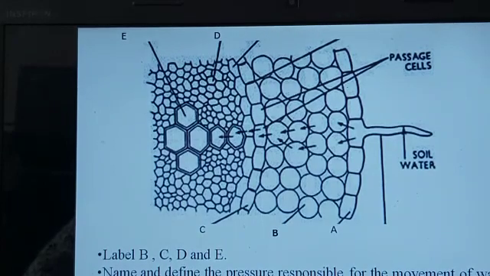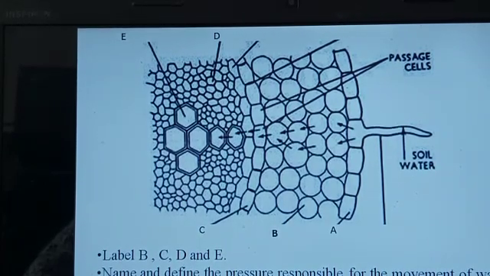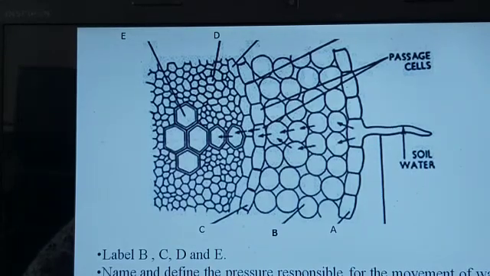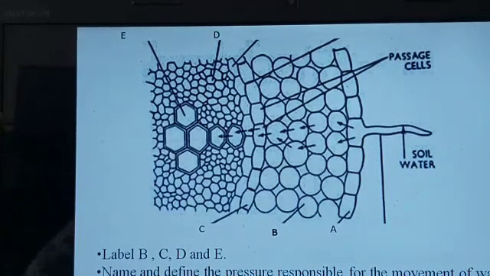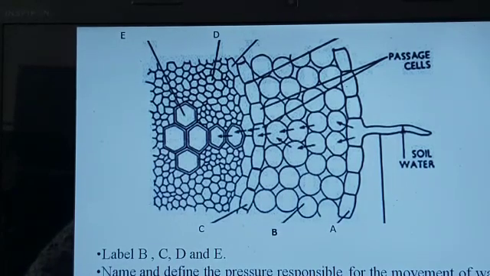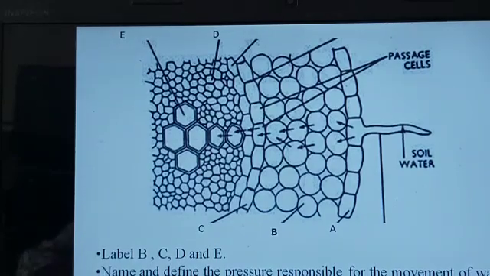When you put this particular cell under hypotonic solution or water, what will happen? Endosmosis will take place, and after endosmosis, whatever root hair you are seeing, that root hair will once again come back to the normal condition. So these are the kinds of questions which are usually seen in your ICSE paper.